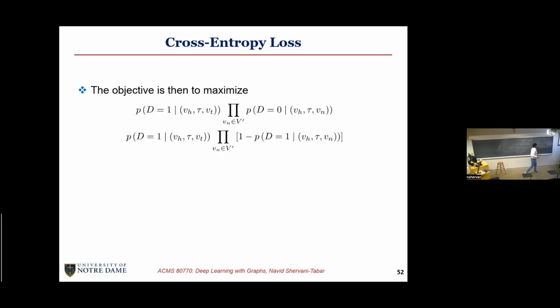The probability of event 0 is 1 minus the probability of event 1, because there are only 2 scenarios and they sum to 1. And then we said that we use a sigmoid function of the decoder to represent the probability of